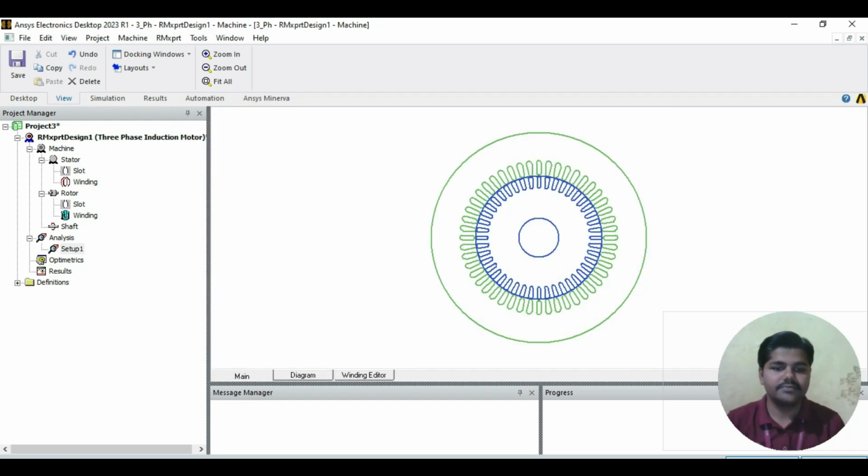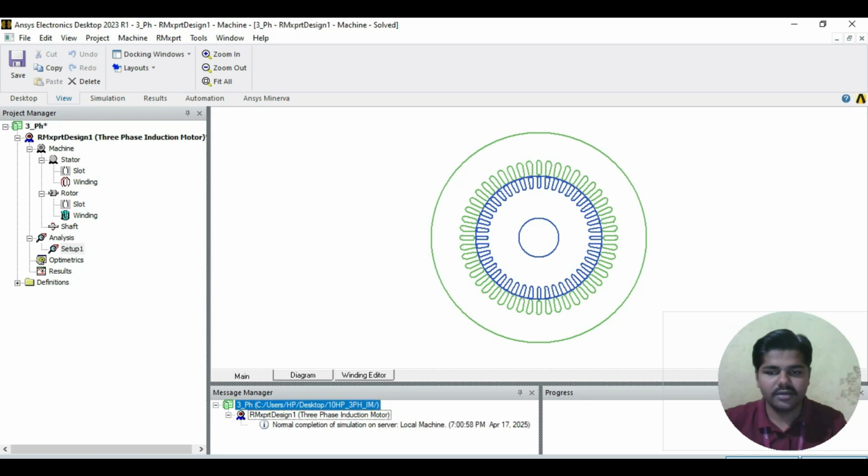After that, it will be running. In the message manager, the message is showing normal completion with simulation on a server, which means in our motor